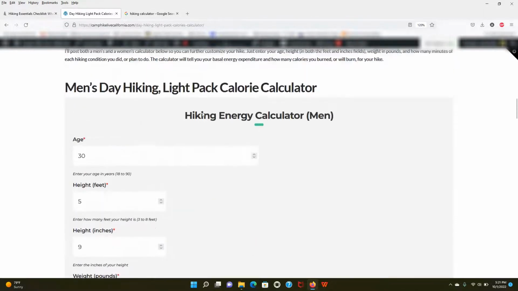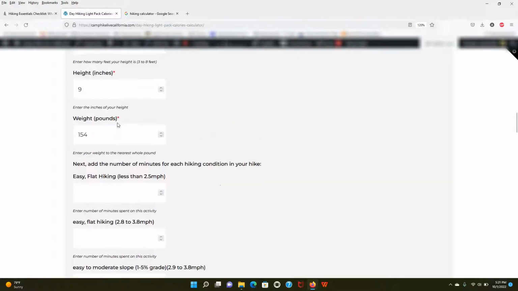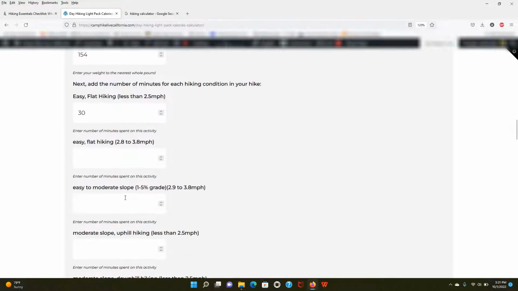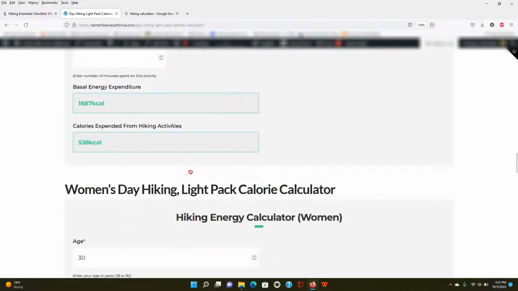And so what you do is, you just put in your information here. I've already got it kind of filled out. And then you just enter how many minutes you spent on each of these trail conditions. You can put 30, you can scroll it up to 60, whatever you want to do. And just based on these 3 items here, you can come down here and look how many calories you spent